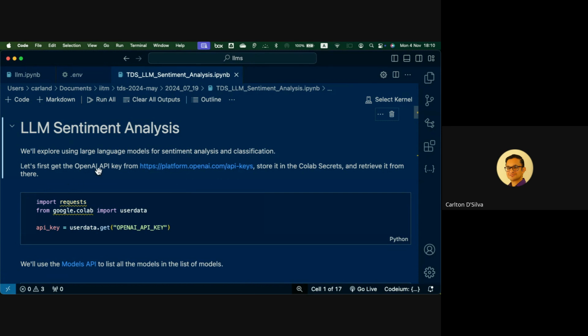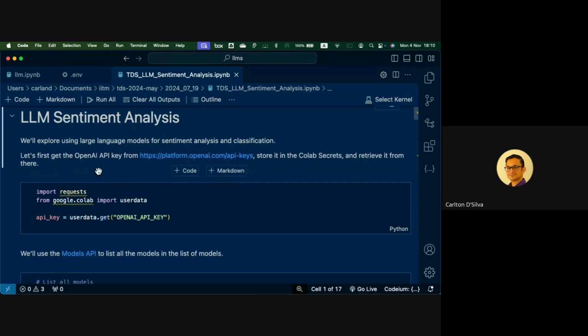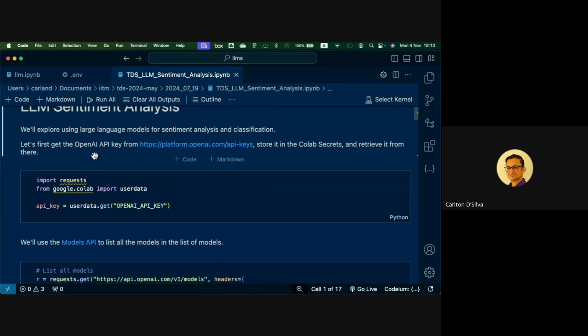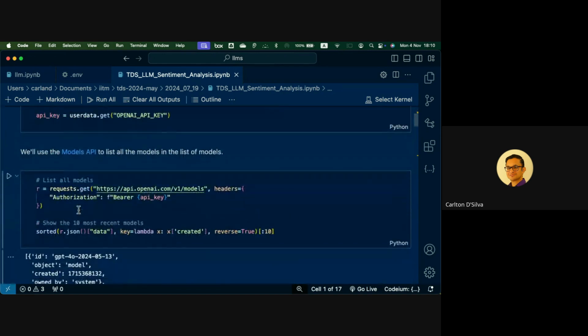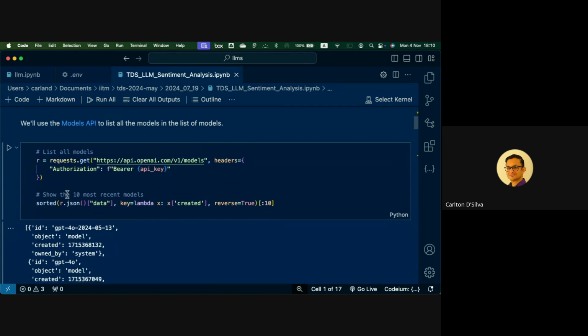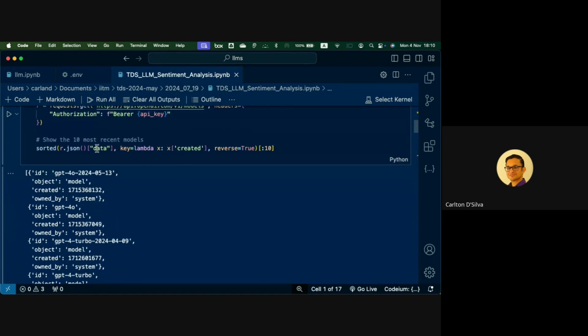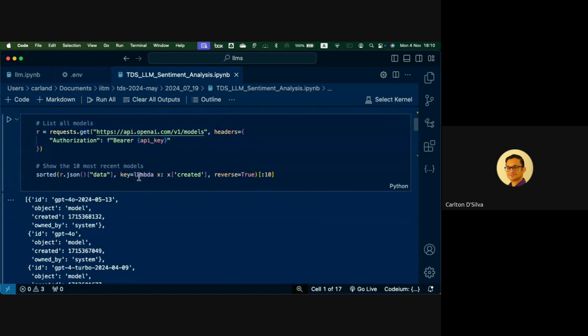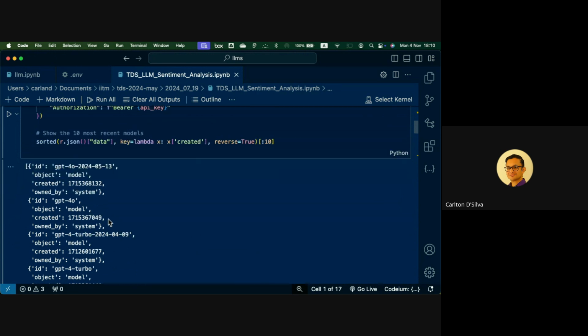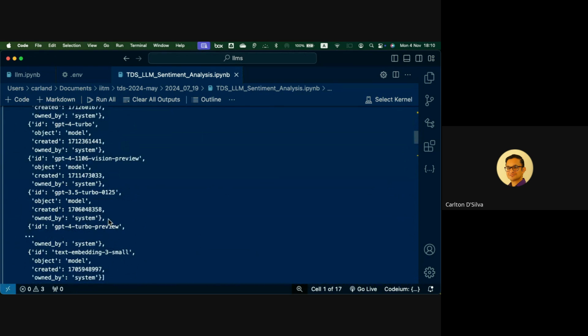There's a notebook available on the week 5 content, and there you can see they've done the same thing. They've taken the API key, they have put in a request, and they've sorted it, of course, over here to see the models and all that sort of thing.